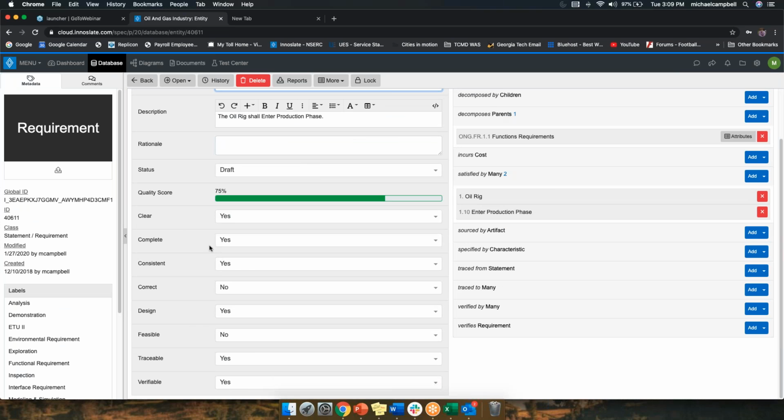So if we're talking about the requirement quality criteria here, there are the ones like clear, complete, consistent, correct, design, feasible, and traceable. I think correct isn't one of them. There are 6 out of these 8 that are typically utilized in the quality score. There isn't a way to customize it, but you can add your own criteria as an attribute into the requirement class utilizing the schema editor, and once you add it in, you then utilize that as part of your